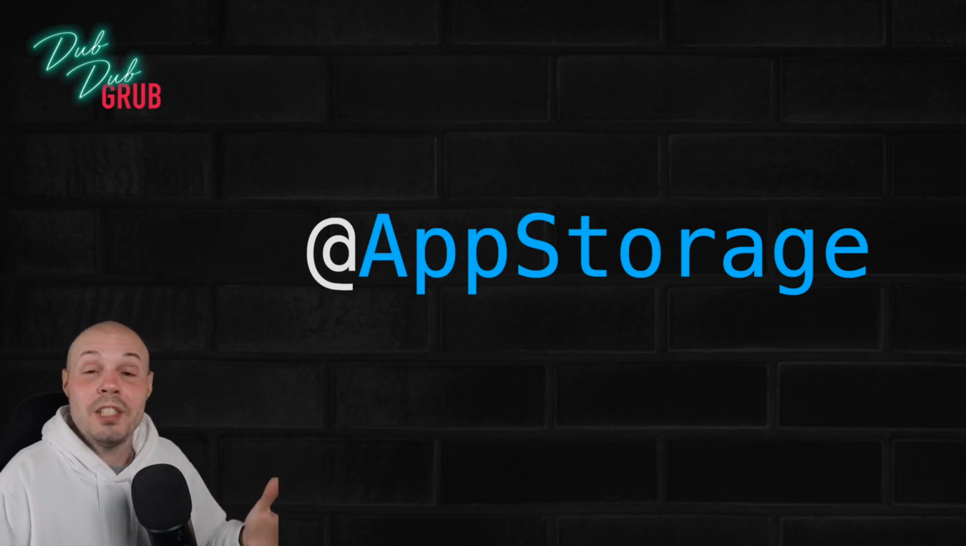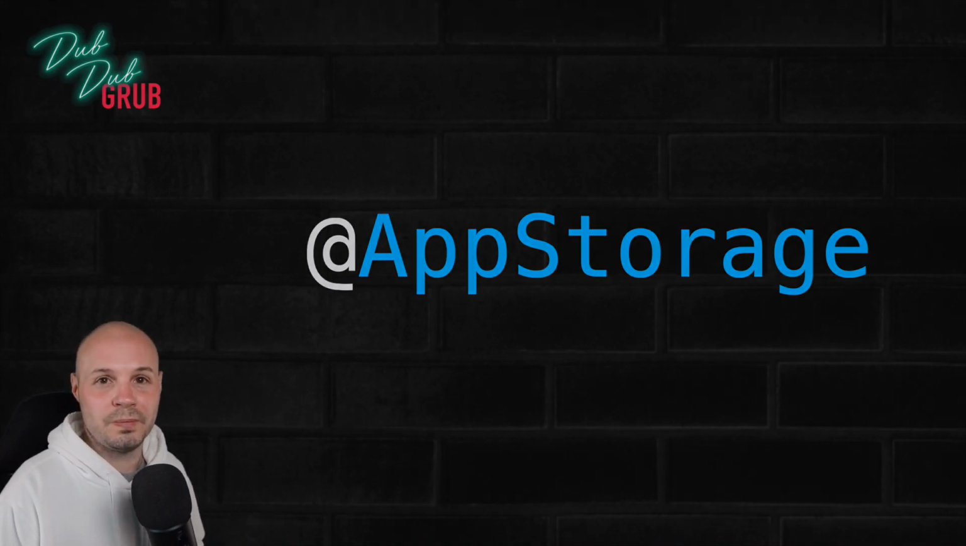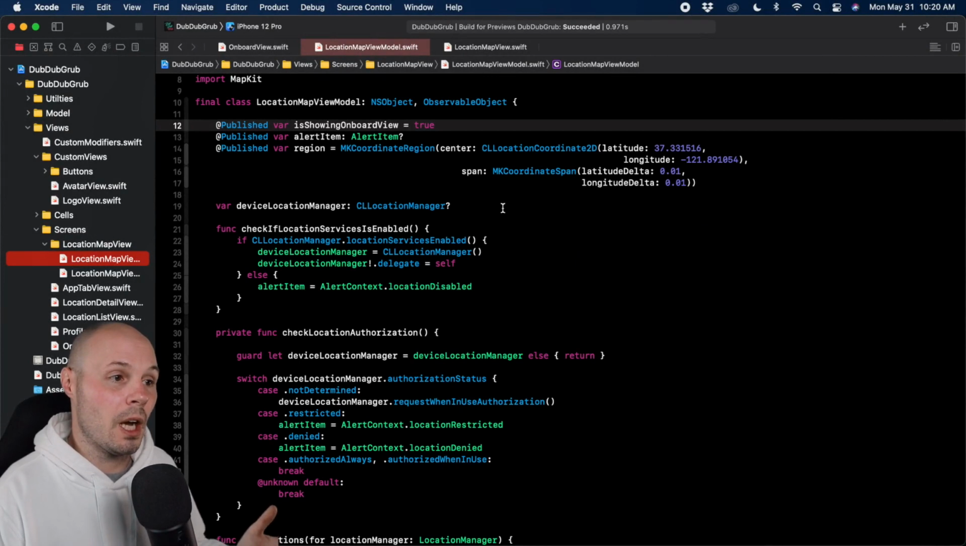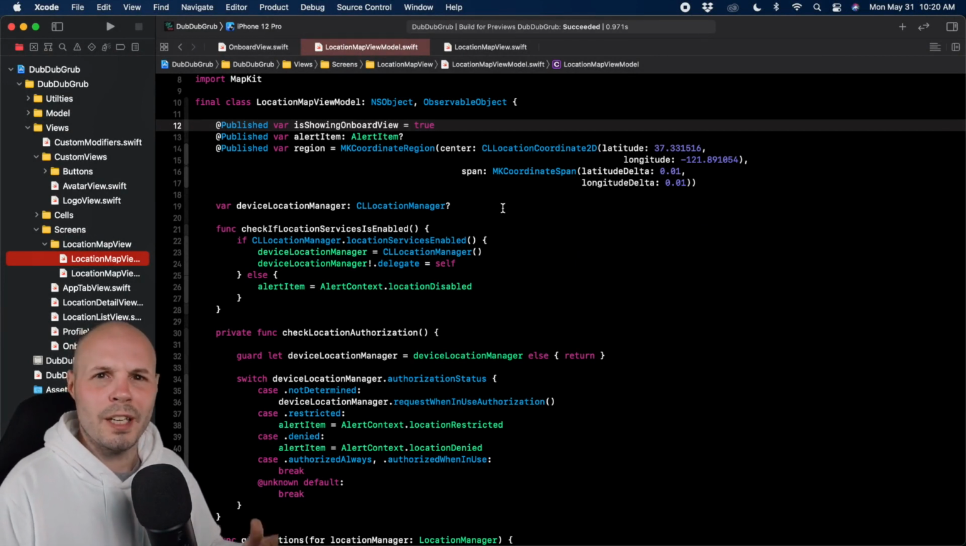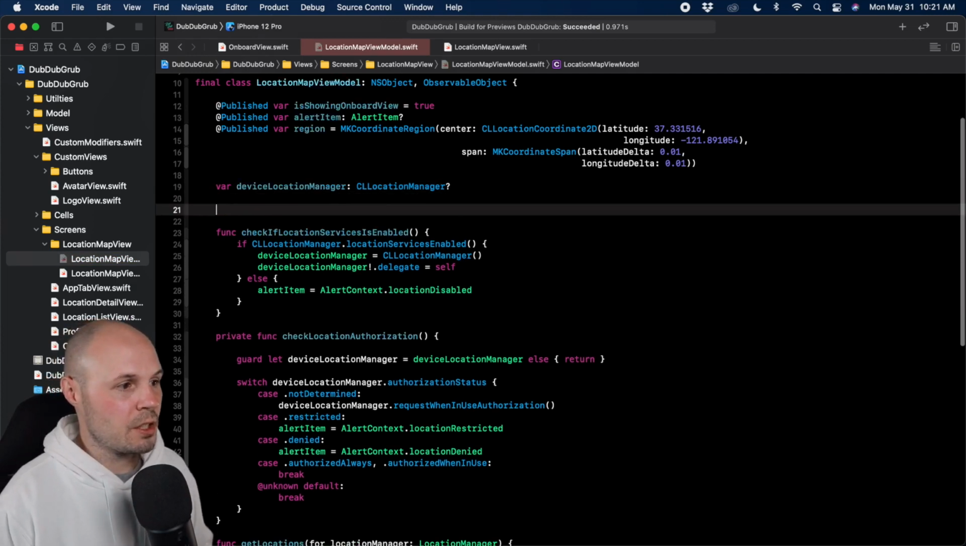Yeah, I'm trying to teach that kind of stuff. However, it just didn't work for what we wanted to do. So that is why I fell back to just using user defaults on the view model, kind of old school UIKit style. Okay, so the first thing we're going to do under our device location manager,